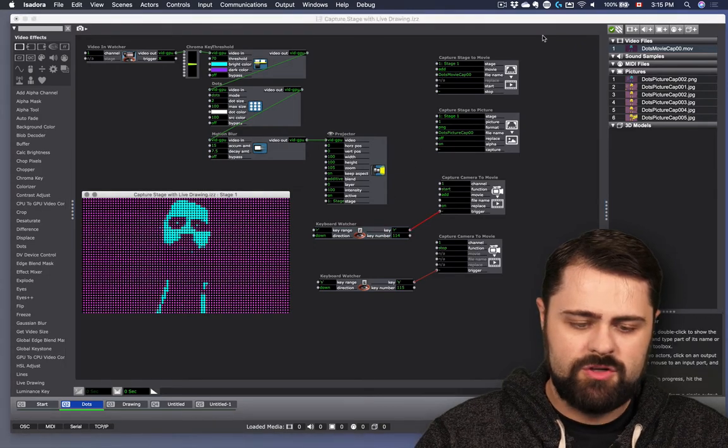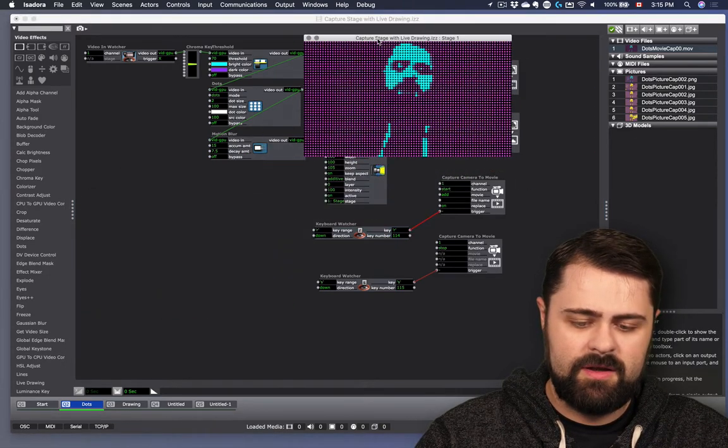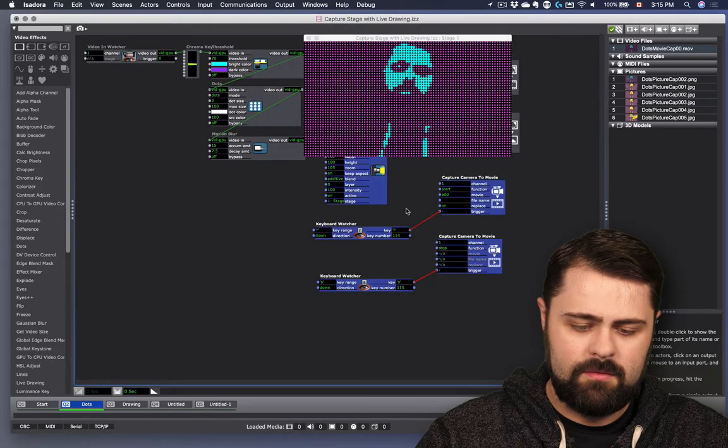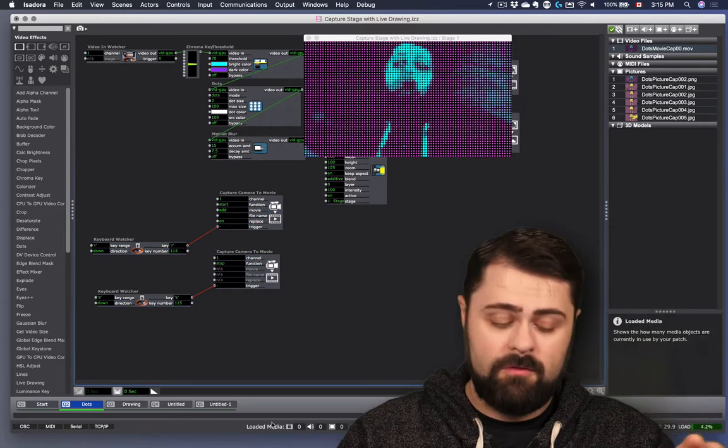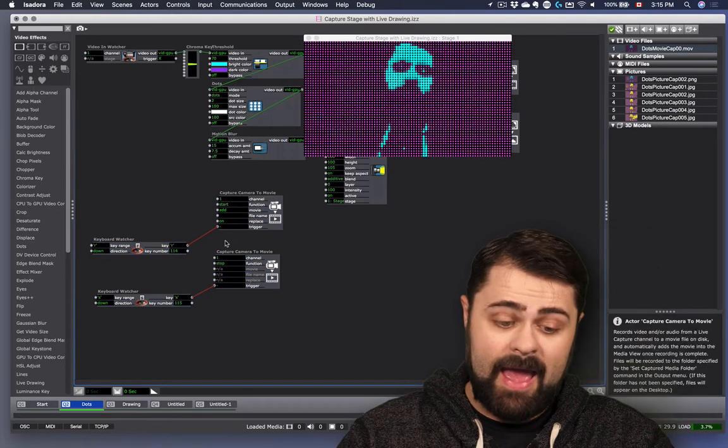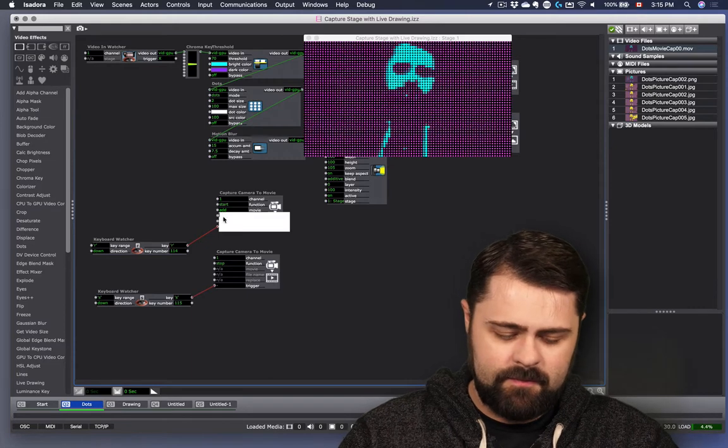And I'll just rearrange things so we can see all my work nice and clearly here. And now, if I record, I need to add the file name again.